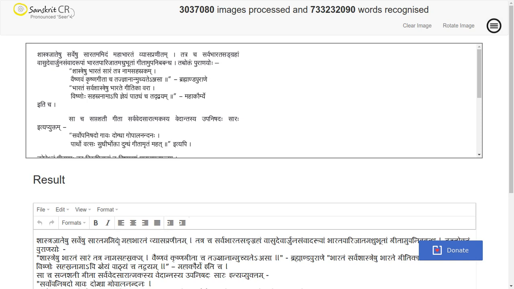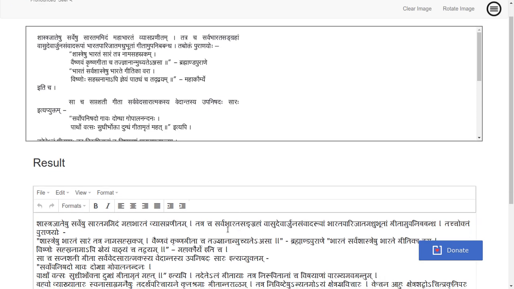You can read here, which is the same. Tatracha Sarva Bharata Sangraham Vasudevarjuna Sammadarupam Bharata Parijata Madhubhutam Gitam Upanibabandha.